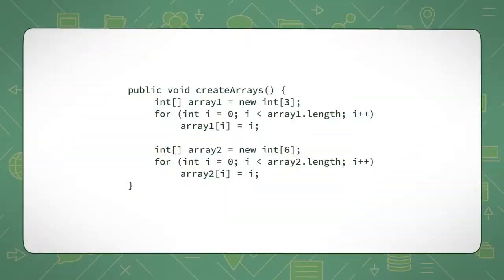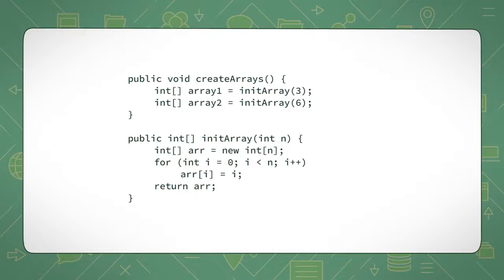Many behaviors and systems in the real world operate through repetitious actions. We can model behaviors using methods. It lets us generalize behaviors, and it eliminates the need to have identical code written throughout a program. Take this array creation and initialization code, for instance. We can generalize repetitious code that we would need to write by making a separate method and calling it. This helps us to reduce the amount of near-identical looking code throughout our system.